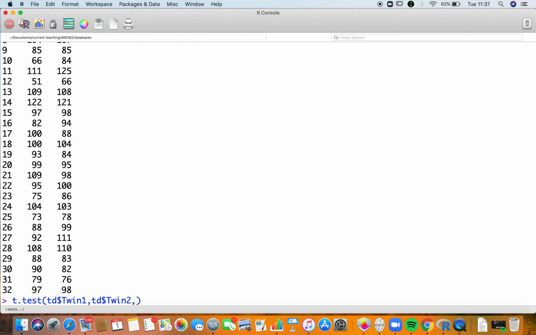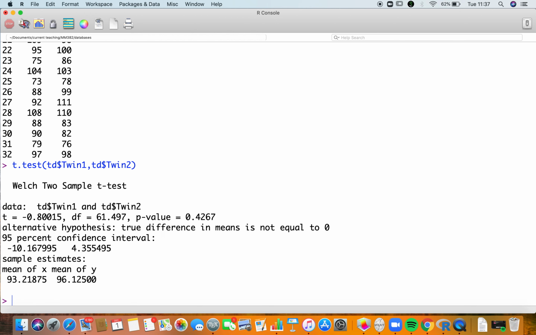Okay, now here's the difference. If I just did this, folks, you get what we did before, and you get an estimate for the 95% confidence interval in the difference in the means. And you see it's minus 10 to 4.35. But that's not what we have here. The basic t.test is for independent samples. If you have dependent samples, you have to add something. And it's very simple. What you do is you just write paired